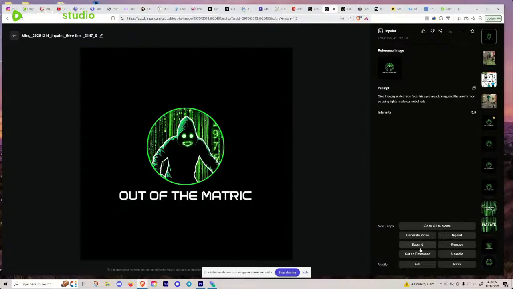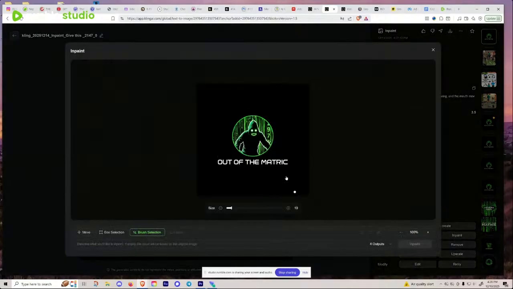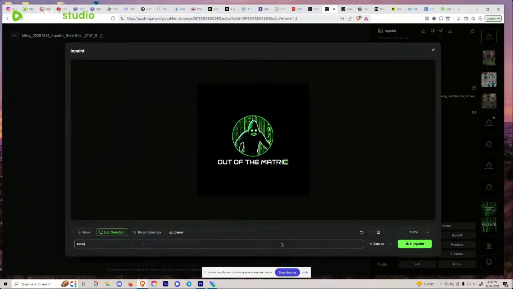So I did that same, let's see here. I did the same process for in painting for the text. So in this case, I just chose a box selection. It's spelled out of the matrix wrong. I don't know what font that is, and I'll be damned if I'm going to look around online and spend an hour looking for what font that is. So I just selected that C, and I just typed in make the C an X like that, and gave it that prompt, and then it fixed it.